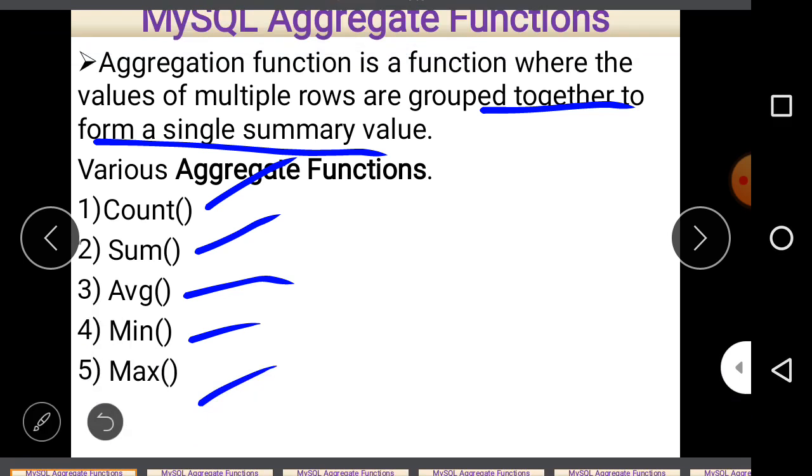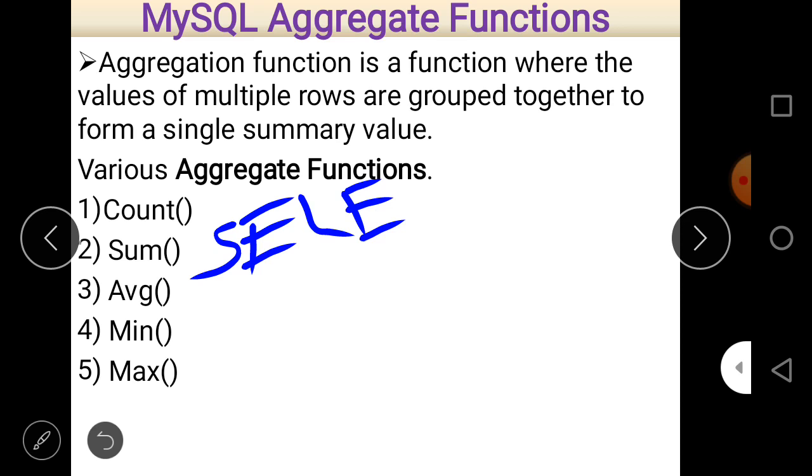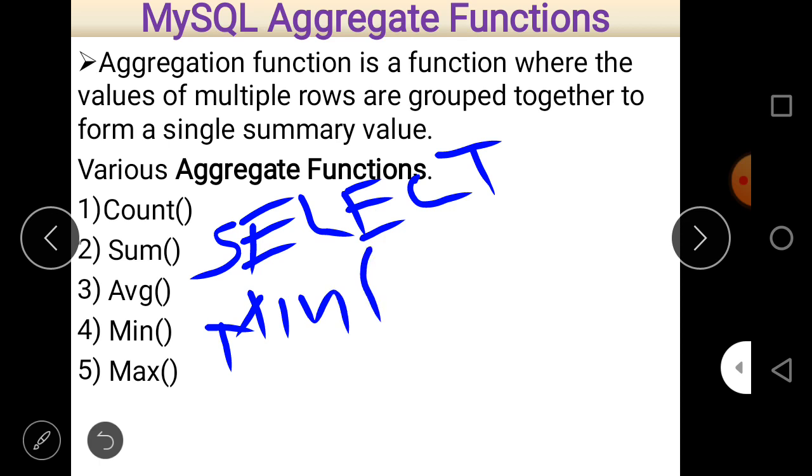First of all, if you don't want to take data of a table and just want to find out a minimum value among different numbers, you can write it on the screen. One thing should be remembered: all these functions should be used with a select statement. So first of all, just write select, and then to find a minimum value, just write min,